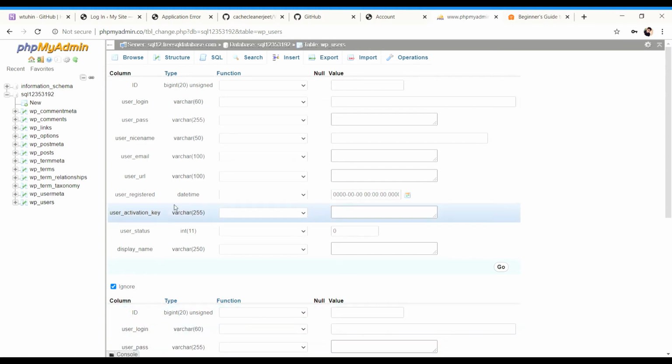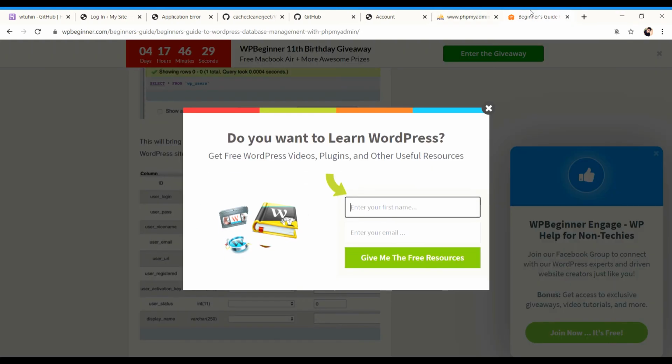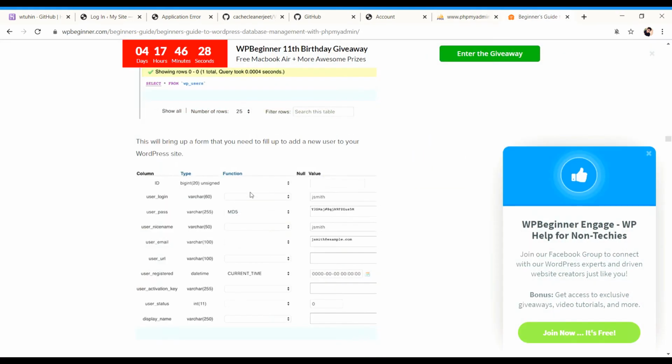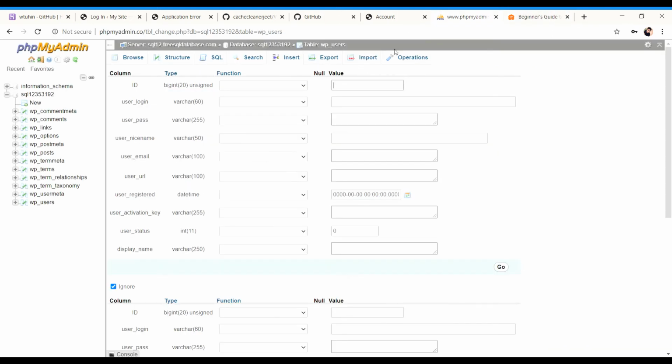Okay, to fix this problem we will use phpMyAdmin.co and fill in your credentials, the MySQL credentials. So our WordPress looks like that. You enter, just tap the insert button over here. This is the user login.